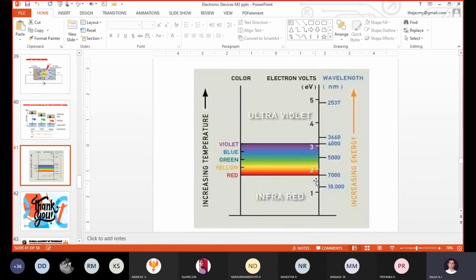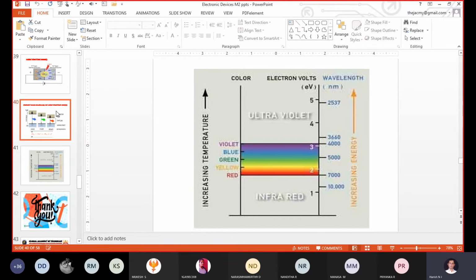So those materials having an energy gap of more than 1.8 electron volt will release colored light. Just check it out. First we get red, the second one we get yellow, the third one we get green, and the fourth one we get blue. The top one, which material has the huge energy gap, that kind of material will produce blue and violet colored light at the time of the recombination process.